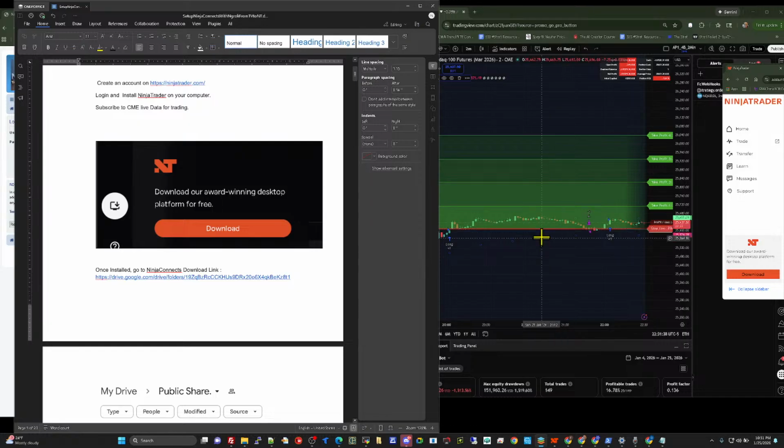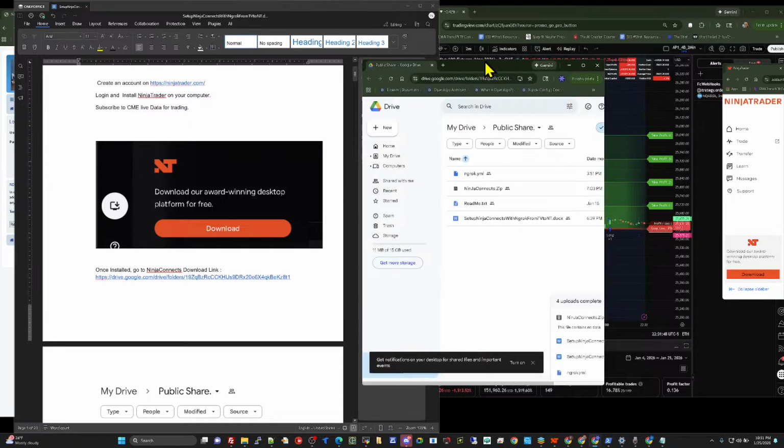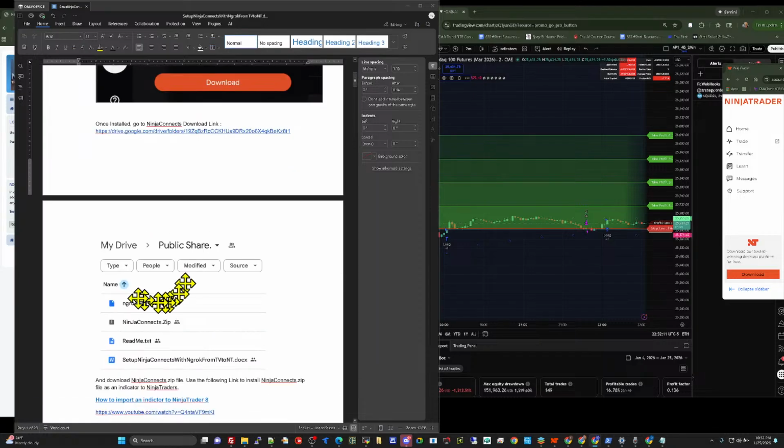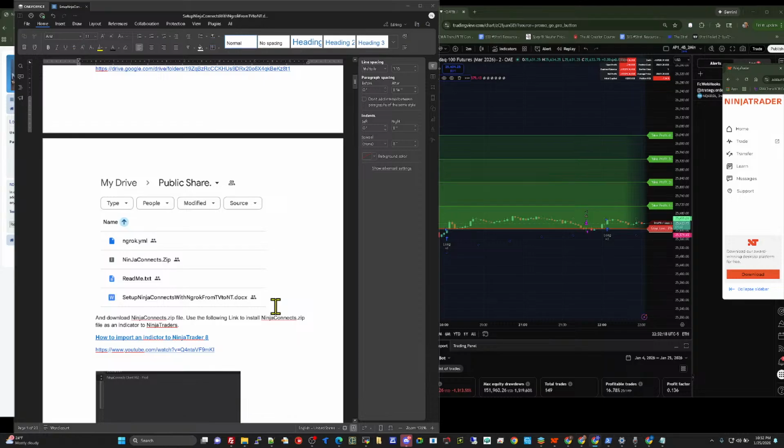This download link is going to take you to this drive where you can download NinjaConnects.zip, a readme.txt, and how to set up NinjaConnects with ngrok from TV to NT, which is TradingView to NT. Once you have downloaded that from this drive, download all the things except ngrok.yml, and all these things can live in a directory which we will call on your computer